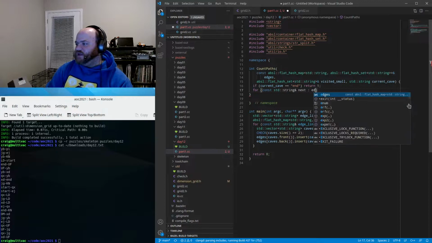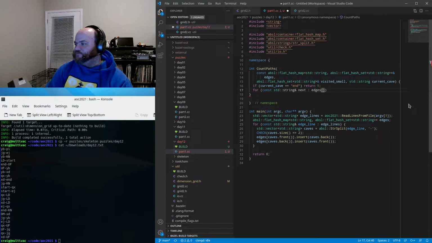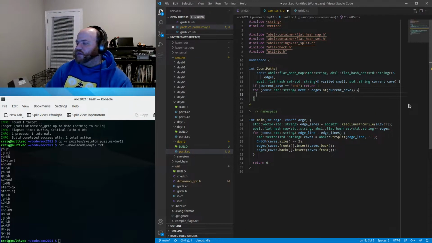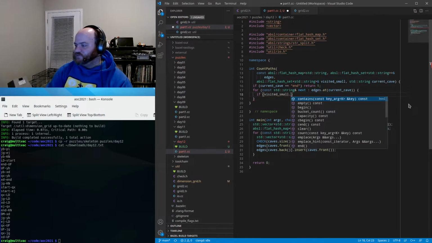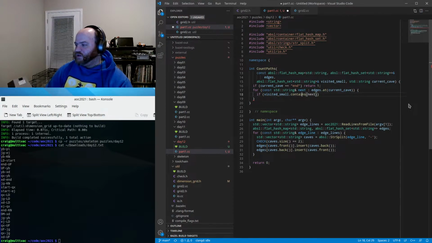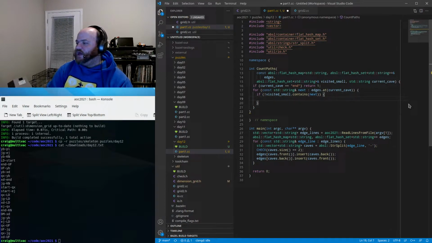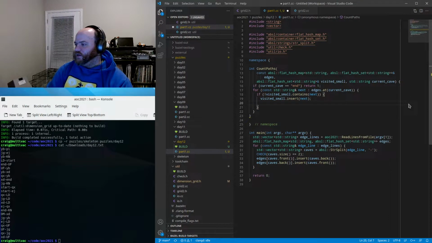But basically, for the next caves that are in the set of edges accessible via the current cave, it doesn't like that subscript because it's const, so we'll just use at. Then if next is not in the set of visited small caves, then here we will go ahead and insert it,